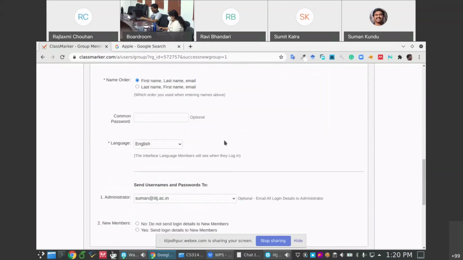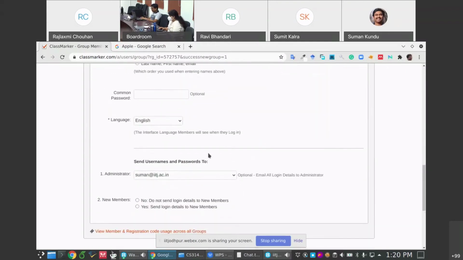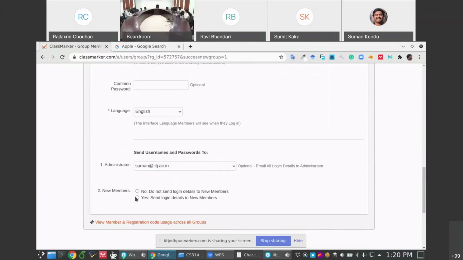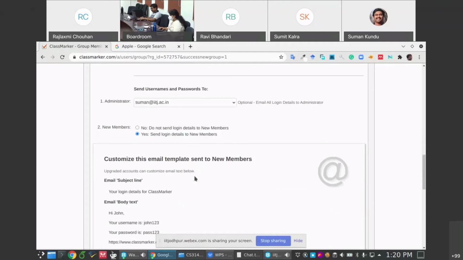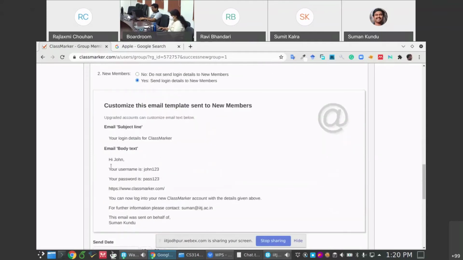Once you have that, you can choose the option to send the login details to the new members. The system will automatically send an email to those users with the user ID and password for Class Marker, so you don't have to send the user ID and password separately to each and every student. And that email will look like this.